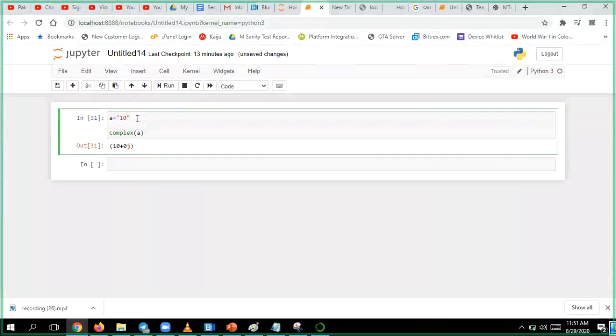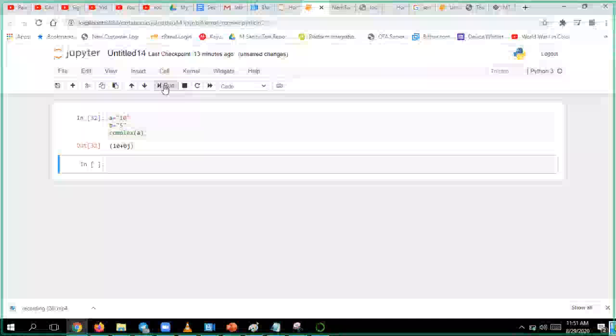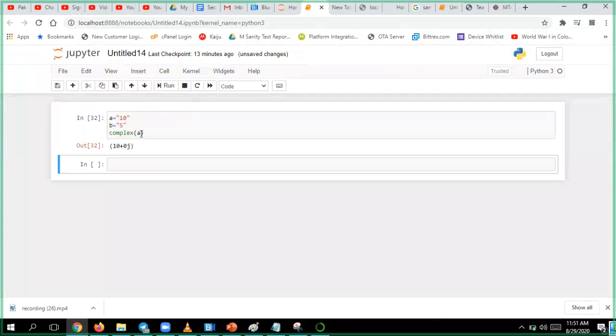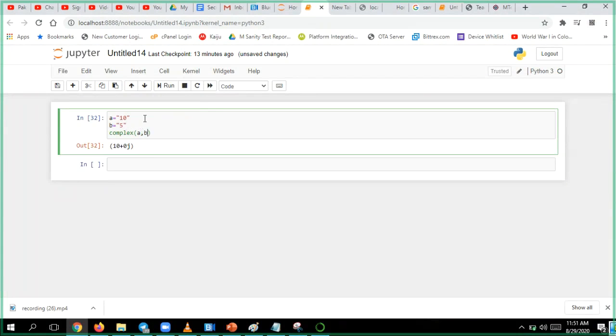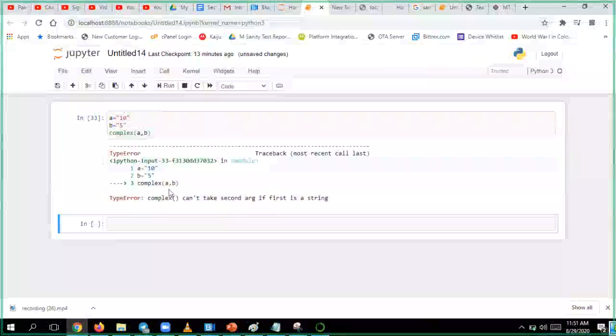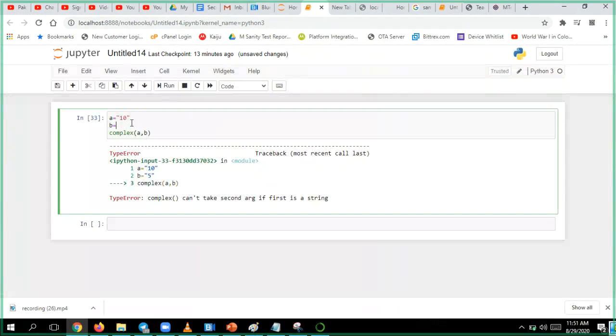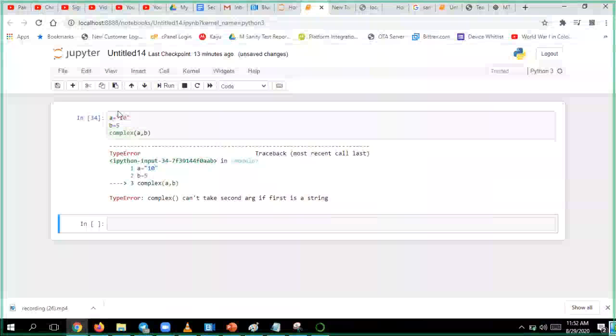Okay, if I give b is equal to 5, and then a comma b, it gives me the error. Only the first value it can convert. But if it is a complex value with multiple like a comma b, and the second argument is also a string, then it won't take.